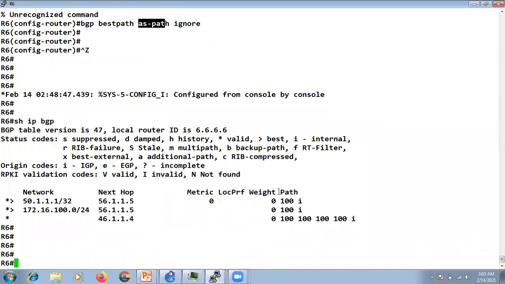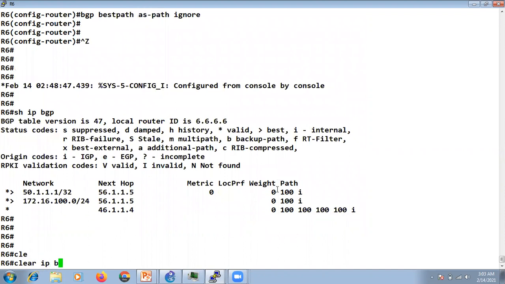now let's try to clear our neighbor again. Earlier, just because you are prepending the AS, whenever we were clearing this neighborship, when it was coming up, it was again becoming the best because of this AS path prepending.